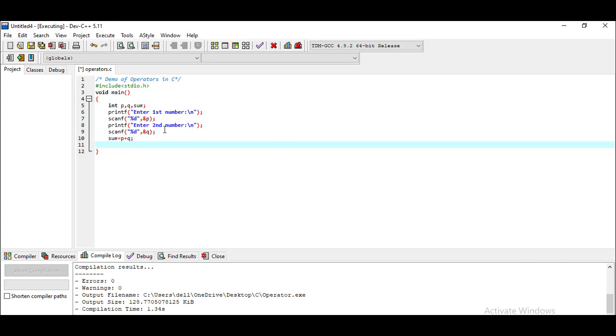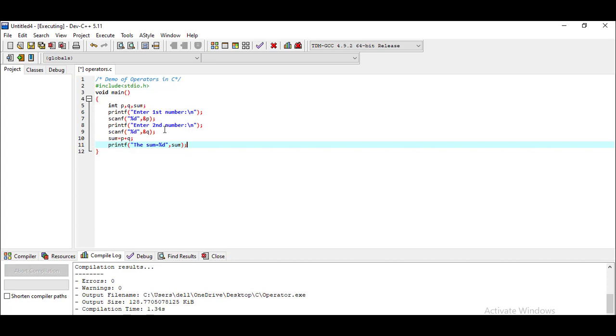Now we have to display the value of this result. So for this again I have to use the printf function, and here I will write the sum is equal to, and after equal to I would like to display the value. So here I have to give the format in which we want to display the value. We want to display the value in the format of integer, so I have to put the symbol %d for this, then put the comma here, and here you have to give the reference of the variable whose value you want to display. So the variable here is sum. Then at the end put the semicolon. So at least one operation has been performed over here, that is addition.